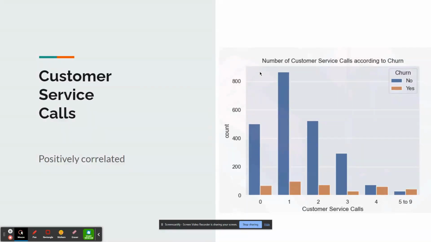So let's get into the positively correlated features first, and that is customer service calls. As you can see in this bar plot, people that have around 0 to 2 customer service calls are less likely to leave the company, while the people that do gather at around like 4 to 9 or maybe even above